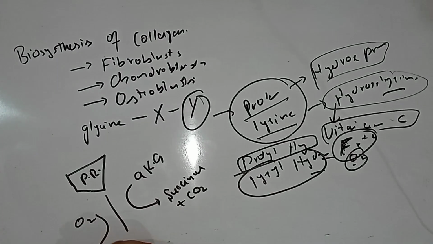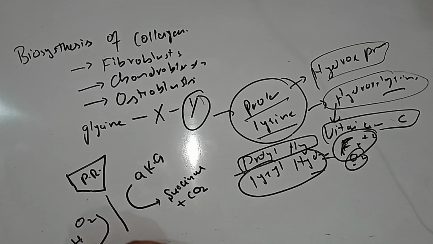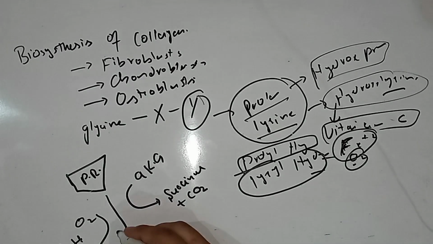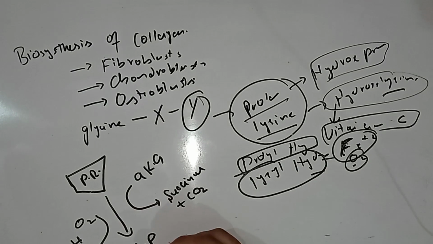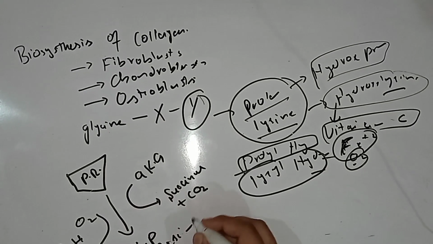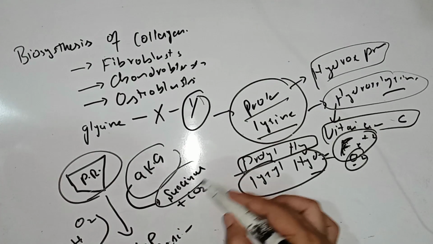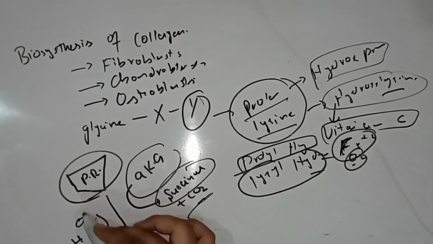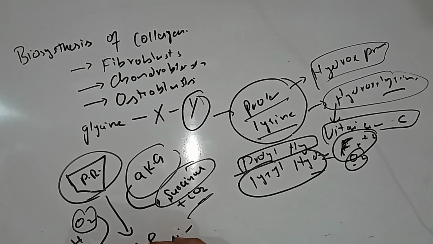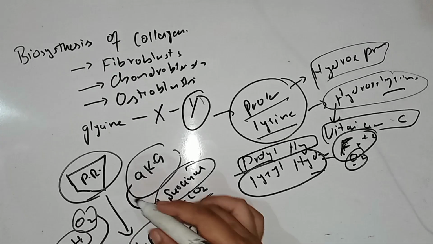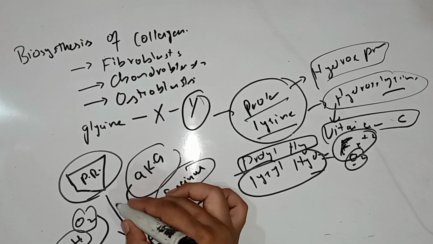The enzyme catalyzing the reaction is prolyl hydroxylase, and here comes the hydroxyprolyl residue. So the prolyl residue comes here, alpha ketoglutarate reacts and gets converted to succinate plus carbon dioxide, oxygen comes and gets converted to water, and the hydroxyproline residue is formed. This reaction occurs in the presence of iron